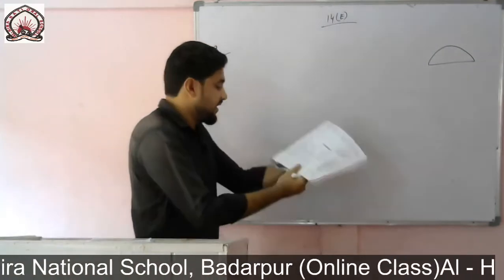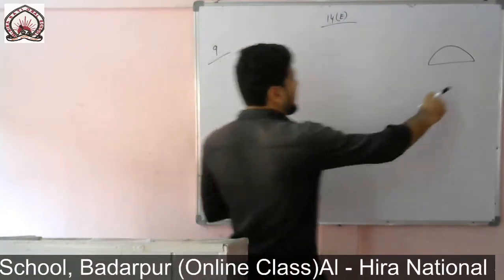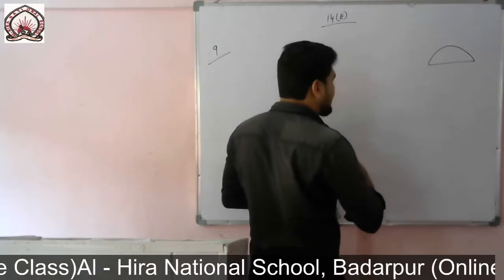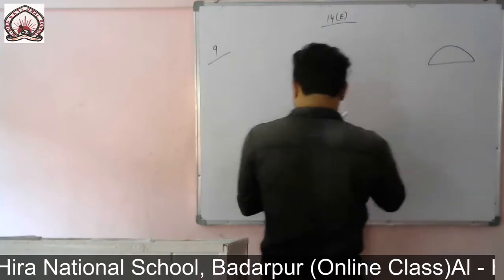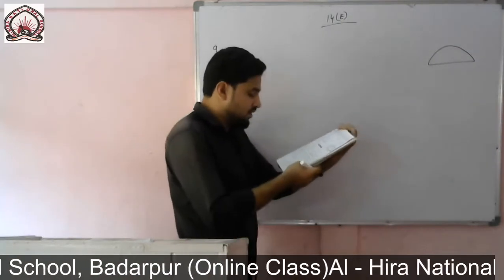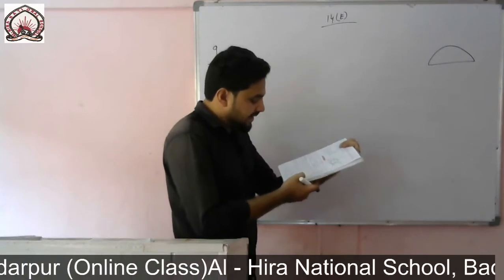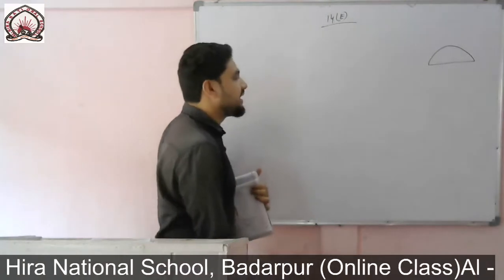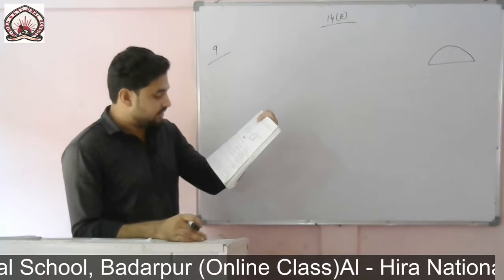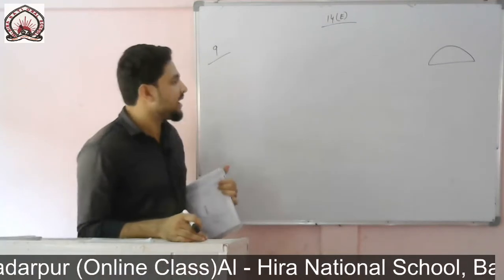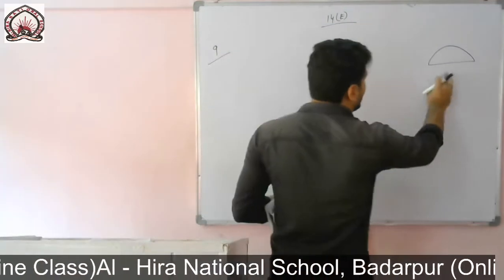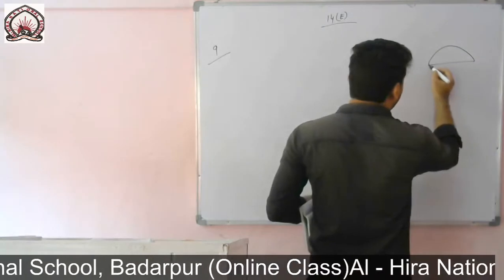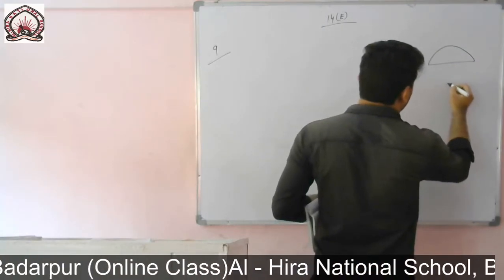So you see, the shape is there. We can say it's a half circle or semicircle. Now in this question you have to find the perimeter of the following shapes to 1 decimal point. Take pi equals 3.14. That means you have to find the answer to 1 decimal point. So first, this is a semicircle, and you have to find the perimeter.